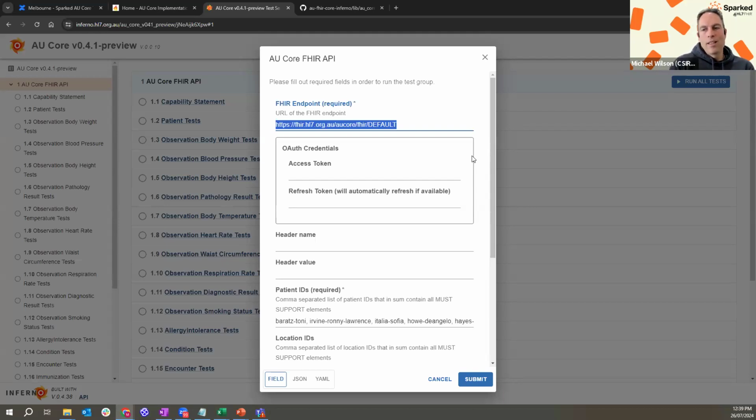The thing is that our reference server is by no means perfect at the moment. We're still resolving issues on it. Inferno has flushed out a whole heap of issues with it. There are some known issues that we haven't been able to resolve yet, and we're waiting for fixes. So we're actually using the reference server as a test server as well. We're learning from it and finding issues with it. So don't take the reference server results as gospel, because there will be errors in it.